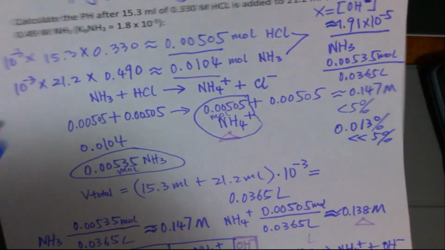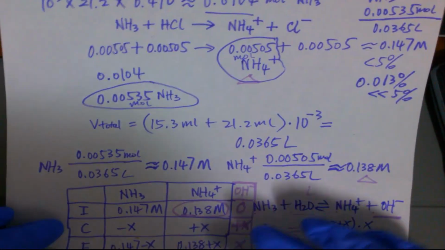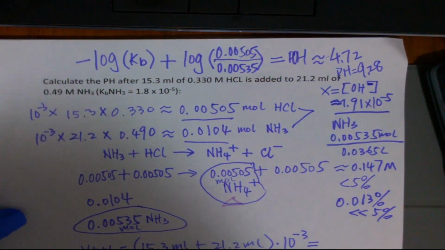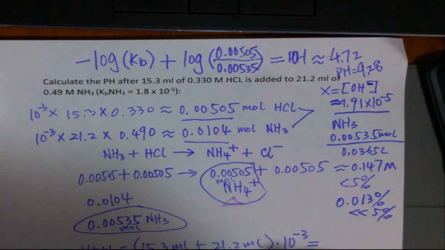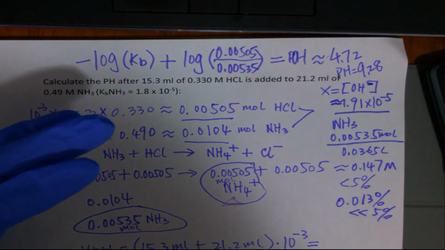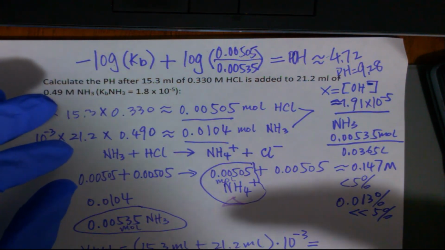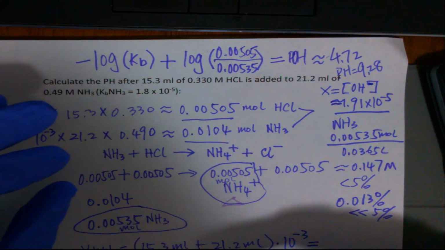So method 2 is much faster than method 1, the traditional method. This is the trick and the tip for solving standard titration problems so fast. With two different volumes, you need the total volume, then you do an ice table. The ice table is going to take a lot of your time. Instead of doing an ice table, go for this route: negative log Kb, plus log, and the numerator is going to be the base and the denominator is going to be